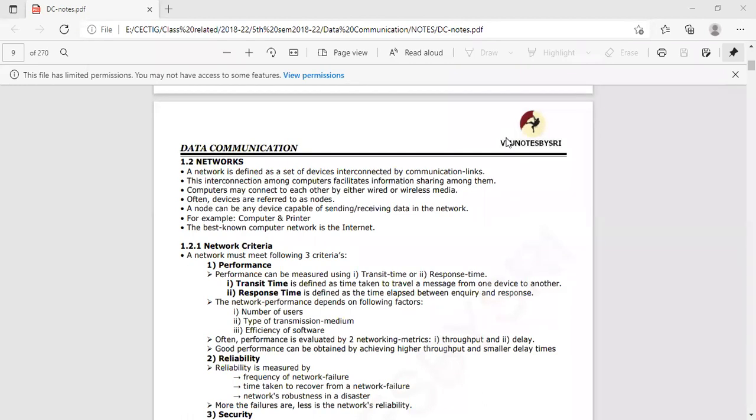To be connected with the network, we need an active internet connection. Otherwise, we are not able to connect with the global network. So this is the basic definition of a network: a set of devices interconnected via communication links or the internet. There are n number of devices, as I said, and they share common information by connecting with each other via the internet.